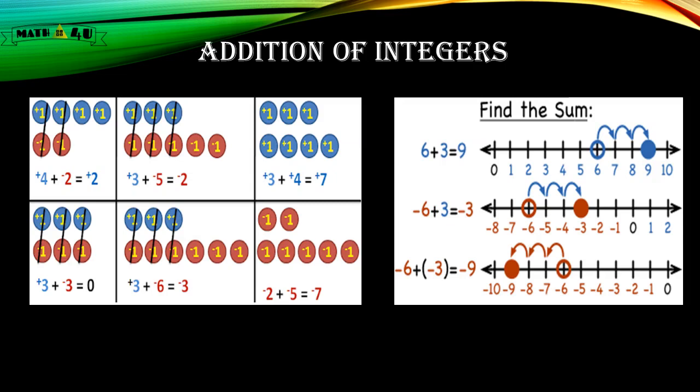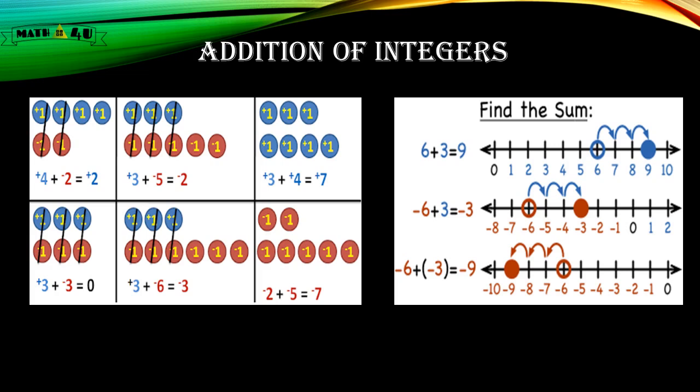Dear children, when you add a positive integer with another positive integer, the answer is positive. For example, +3 added to +4 gives +7. When you add two or more negative numbers, add all the numbers and put a minus sign in front of the number. For example, -2 added to -5 gives -7. Here -2 is a negative number, -5 is a negative number. You have to add these two numbers and put a minus sign in front of the number.